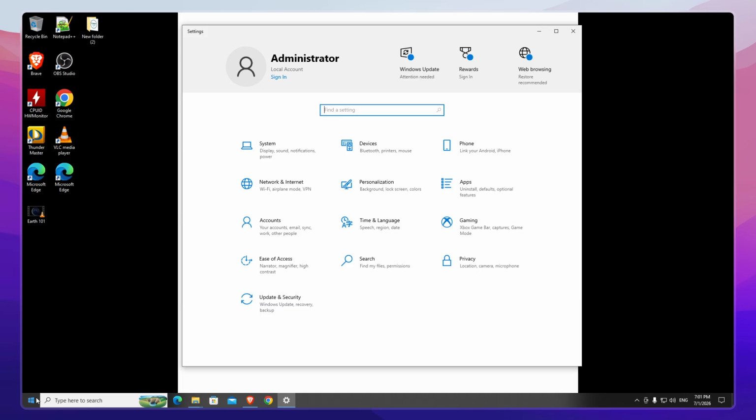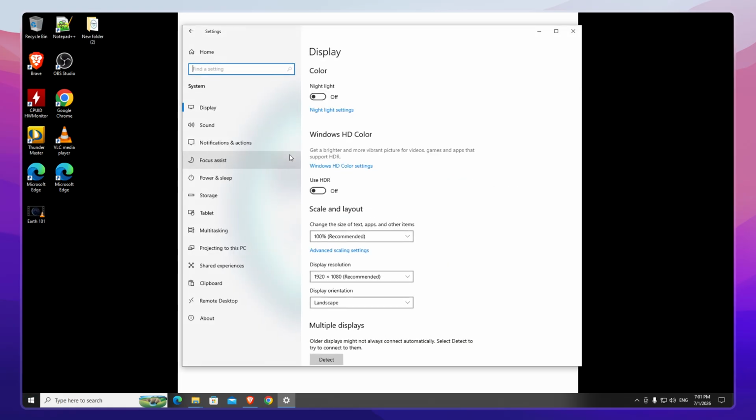When the Settings window opens, you'll see several categories displayed. Look for and click on System. This section houses important settings related to your display, sounds, notifications, and power management. It's essentially the control center for how your computer interacts with hardware and peripherals, making it the perfect place to